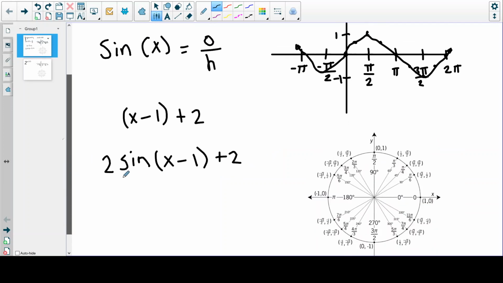So say if I do multiply it by 2, then this graph, instead of going up to 1, it's going to actually go up to 2 and negative 2 in both directions. So it's going to become higher, if that makes sense, or it's going to cover more distance. If you have a graphing calculator, this is really cool to plug in and manipulate and see the difference between 2 sine of x and 3 sine of x or something like that, or just sine